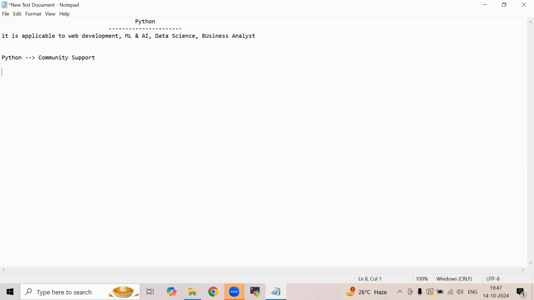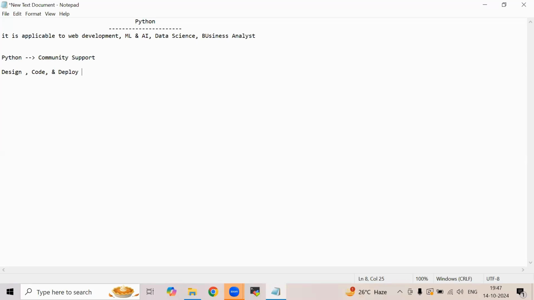So what will people really do using Python? Let us suppose you are in web development. People will design, they'll code, and once the coding is done, they'll test it. Once the testing is done, they will deploy their applications.